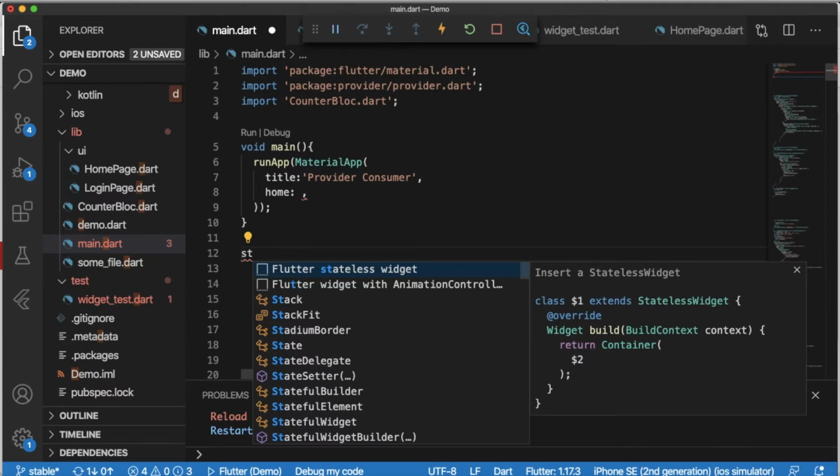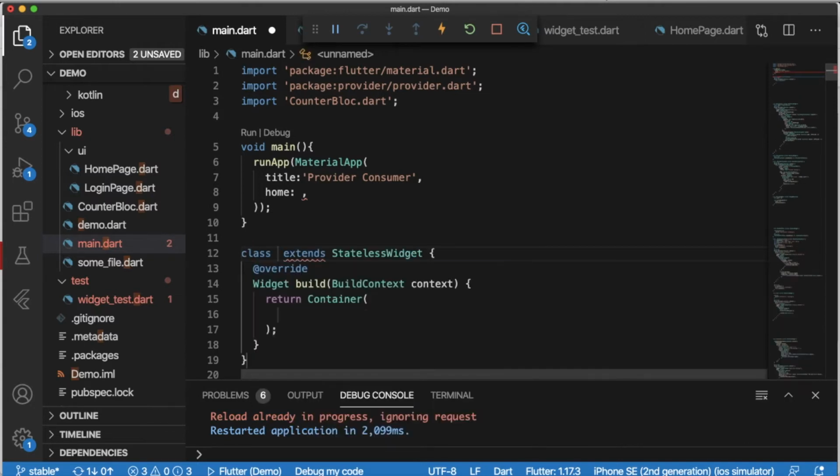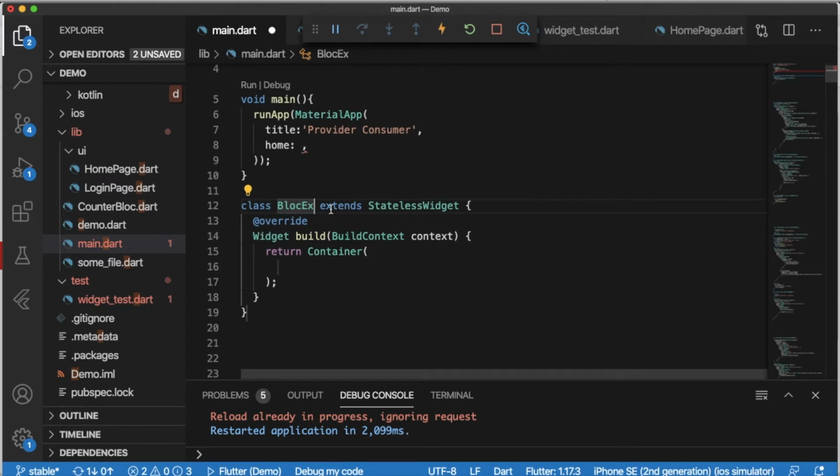But by use of this BLoC pattern or the provider or consumer pattern, you can update a stateless widget as well. So here I will use a stateless widget. I will name this BlocExample.